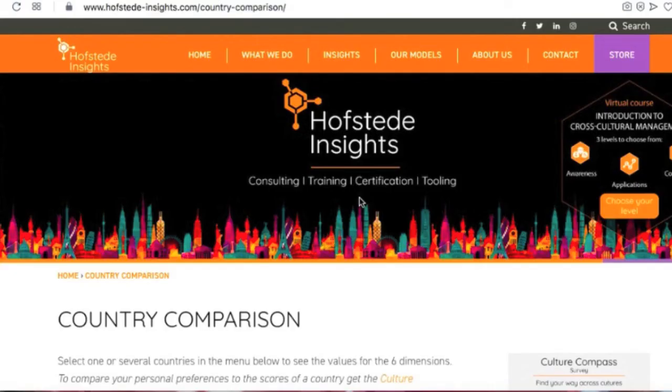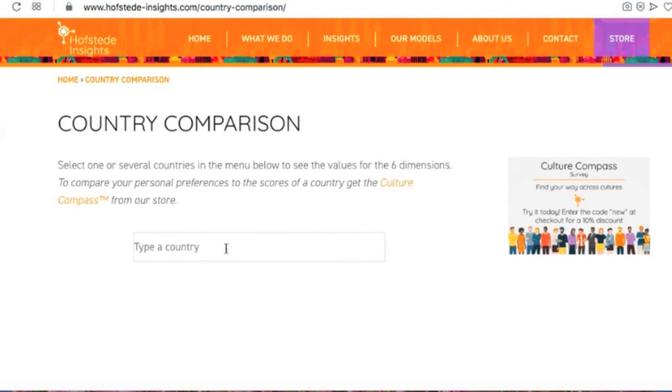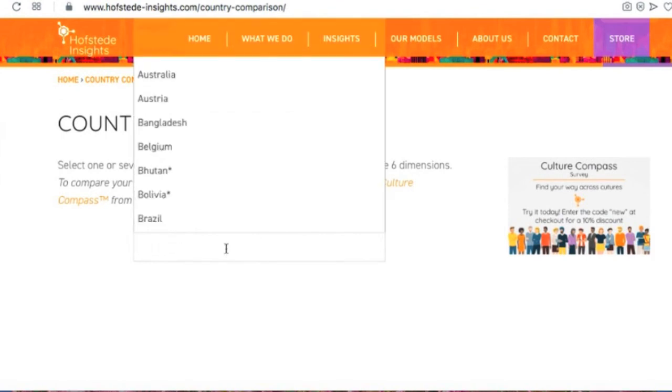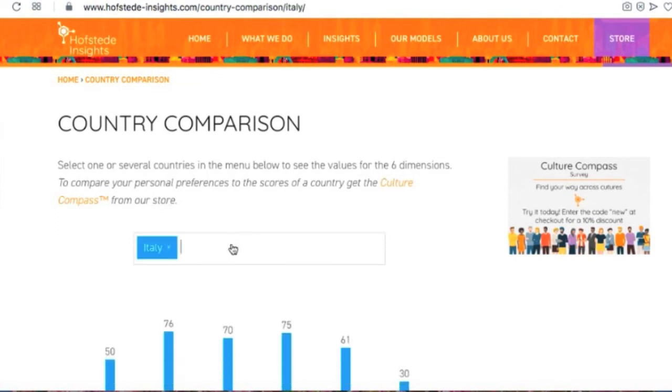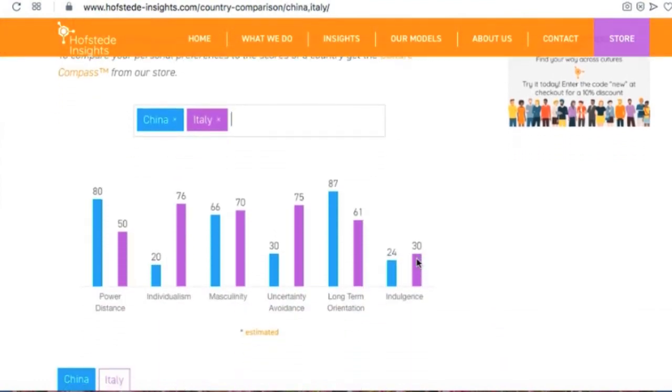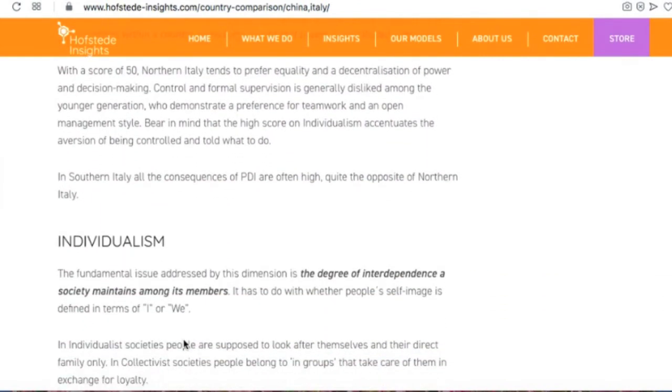How could you apply Hofstede's model for localization of your web store? First, you can visit the website Hofstede Insights and check the cultural indices of your target country. You can compare the indices of your home country and of the target market just to have an idea where you are and how considerable the differences are. Here you can find the common description of cultural characteristics of each chosen country. This information helps to define the main areas demanding more attention in the localization process.